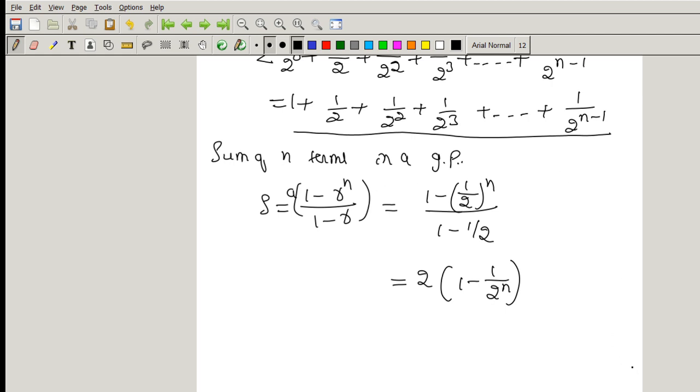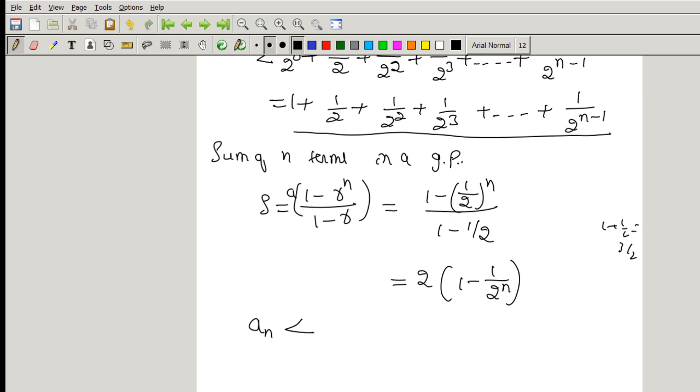If we substitute n is equal to 1, we will obtain 1 minus 1 by 2, 1, the first term. If we substitute n is equal to 2, we will obtain 1 plus 1 by 2, which is 3 by 2, the second term. Second term is the sum of first two terms. Third term is the sum of first three terms. Therefore, this is the general representation of this sequence. Therefore, an